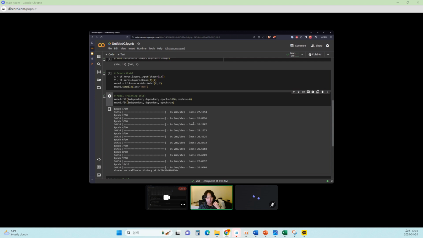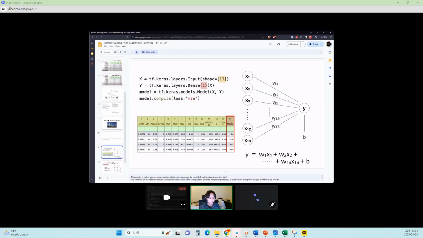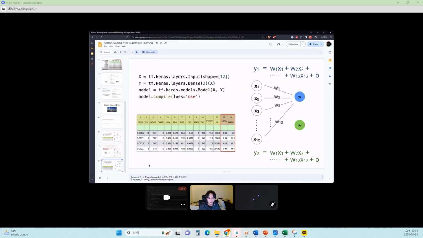Okay, so this is basically gonna do the same thing. So what this is doing, if we look at the slide here, it looks something like this. Making a dense of 2 is gonna add another Y2 layer that is not used here. Oh, okay. So in order to get this working, we actually have to leave out one of the Y layers. So the way we're gonna do this